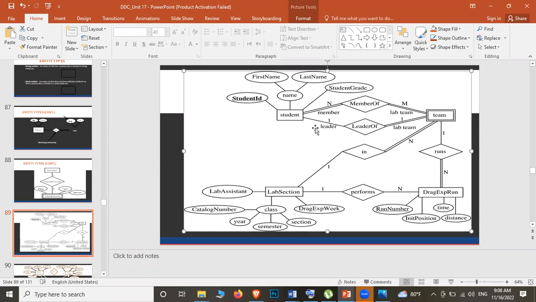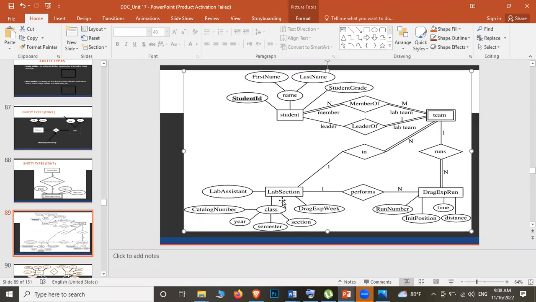Okay, am I clear? Now if you take one student, like if there are 20 students, not all 20 students would be a member of a team, isn't it? And also we can't say all the 20 students are leaders of that particular team, isn't it? Sometimes in one class there won't be even a single person who is willing to become a leader of a team. So their juniors or seniors will become the leader of the team. So that's how it works. So you have to clearly mention the relationship.